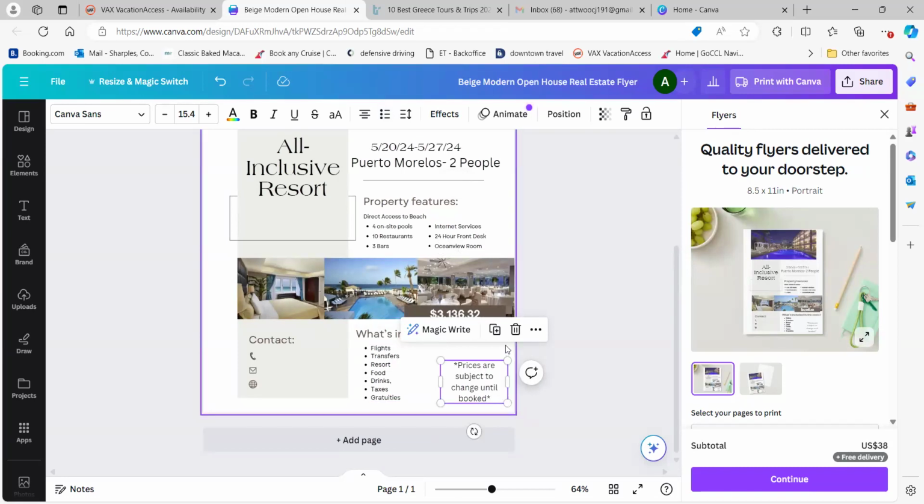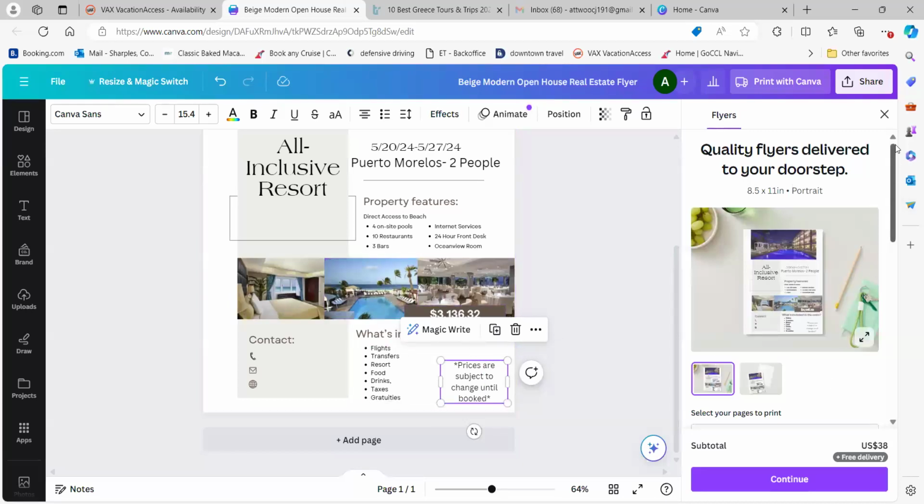This is important to go ahead and put on here because, like I said, if you don't have this on here, clients will get very angry if they go ahead and go to book and that cost has changed from when you posted it, especially if it's something that you may have posted 4 or 5 days ago. And all of a sudden, now somebody saw it, they're interested. That price may have changed a little bit. Now, I'm not saying it's going to go up, but it could possibly go down. It can honestly go either way when it comes to booking with an all-inclusive.